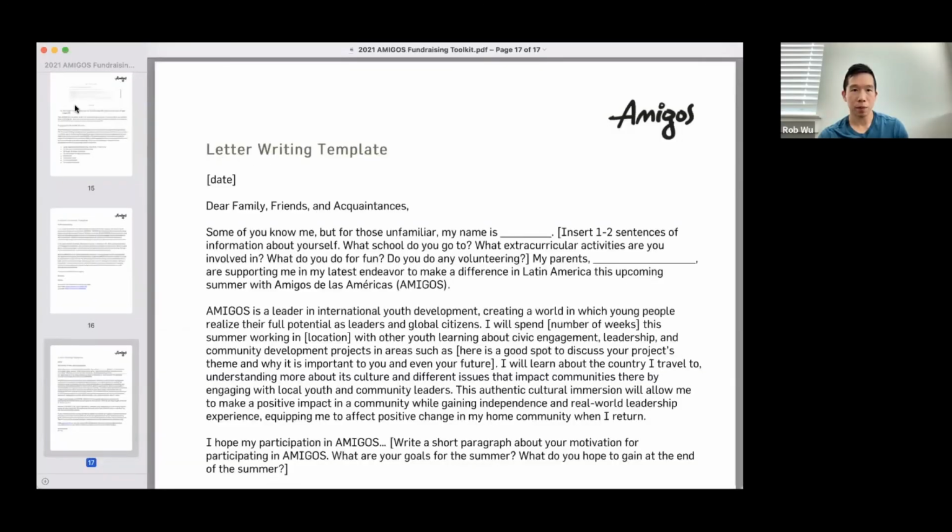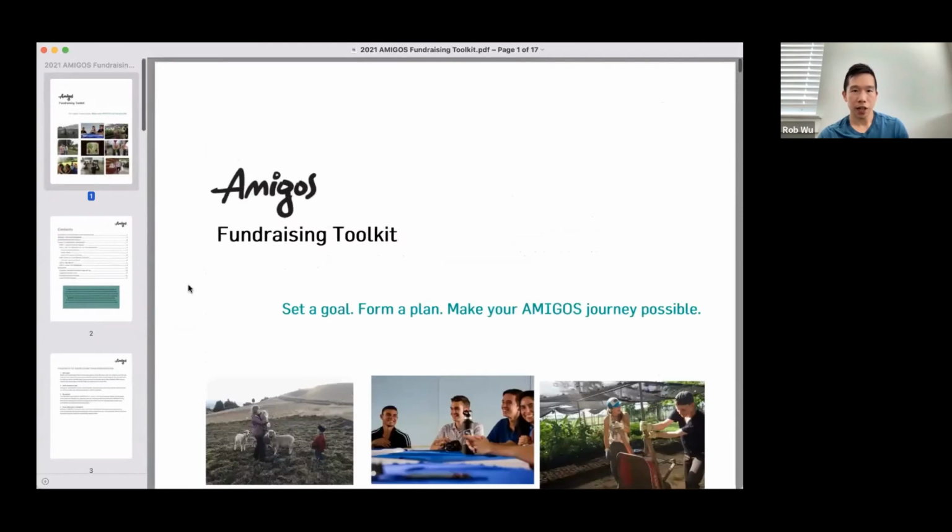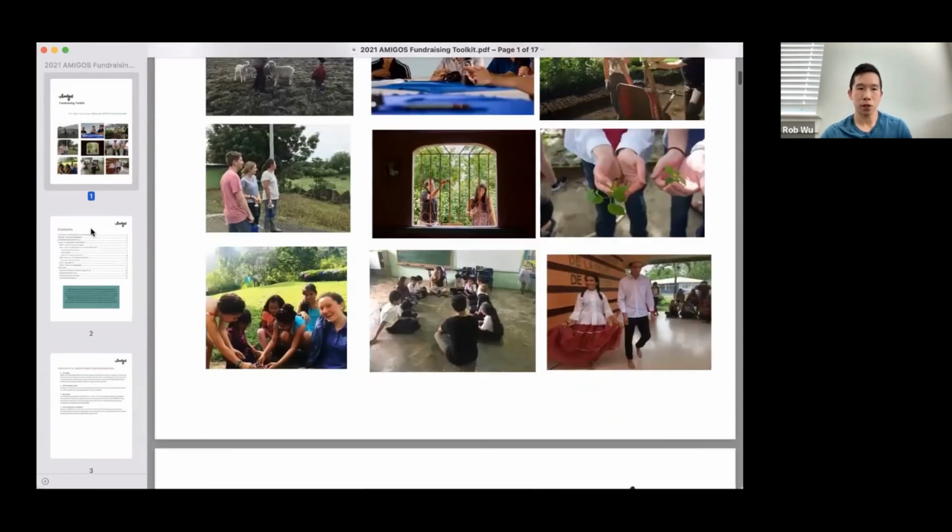There's a different example too that I really like. So let me share this one. And just as a reminder, all of these toolkits you can download and digest, and copy and paste through that link that I just mentioned before. All right, so here's Amigos International. They're doing something cool too when it comes to peer-to-peer.